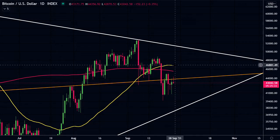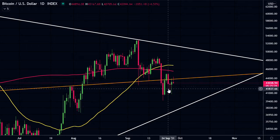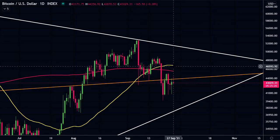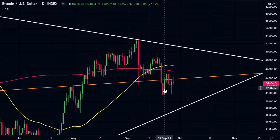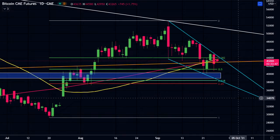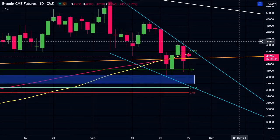We don't want to see the death cross on the other side. If we are going to see that, we usually do spike into it. So it could be something to watch over the next few days if we are to stay below these moving averages. Looking at the Bitcoin futures chart on CME, we do have a similar falling wedge pattern, although it does